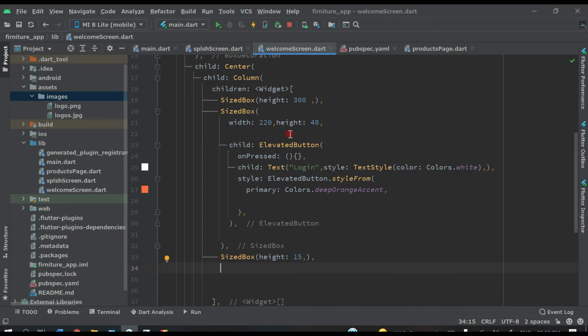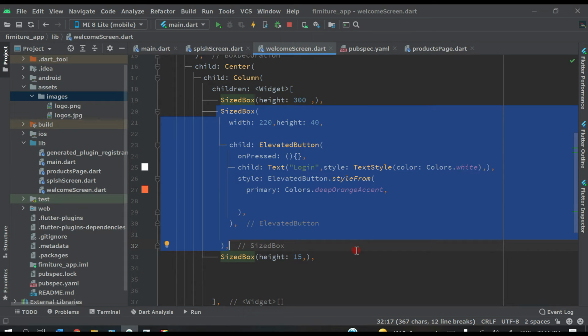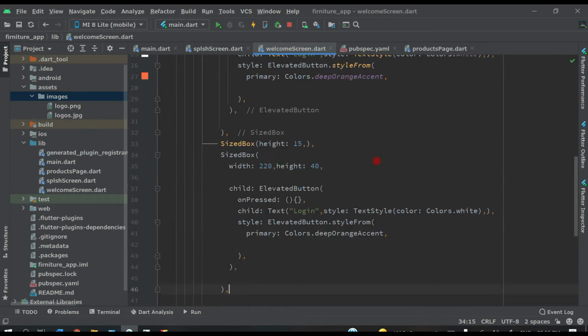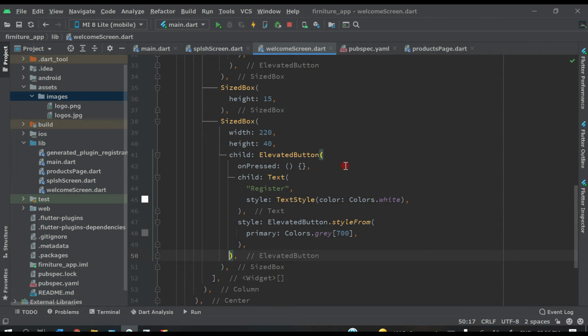And then let's copy this size box here, this one, and after this size box paste it here and change this to registered, and change the color also, let's give gray 700, like this. Format your code, Control Alt plus Control and L, like this.